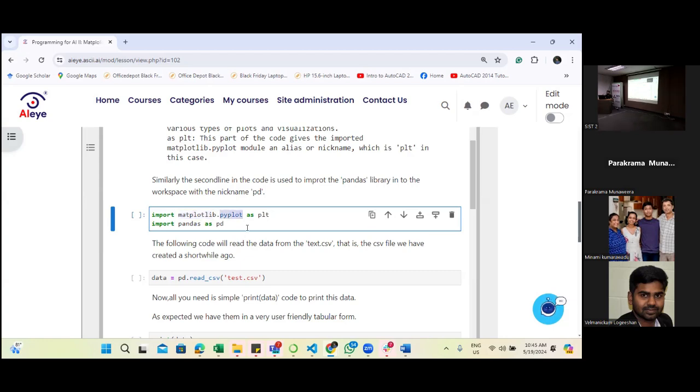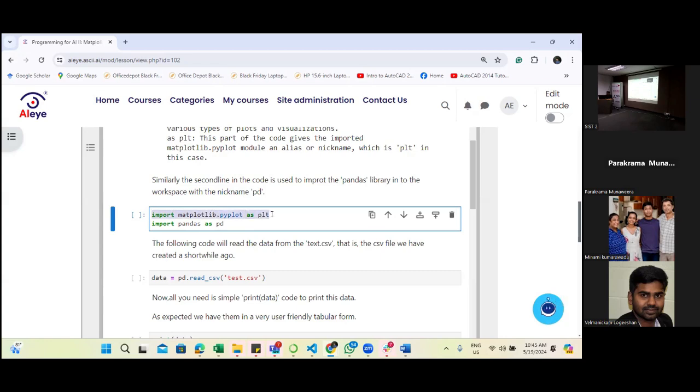It's like a big basket with small boxes inside. We are not going to load the whole big basket; we are only going to take that small box and put it into the Python environment. So for that, we need to write this import